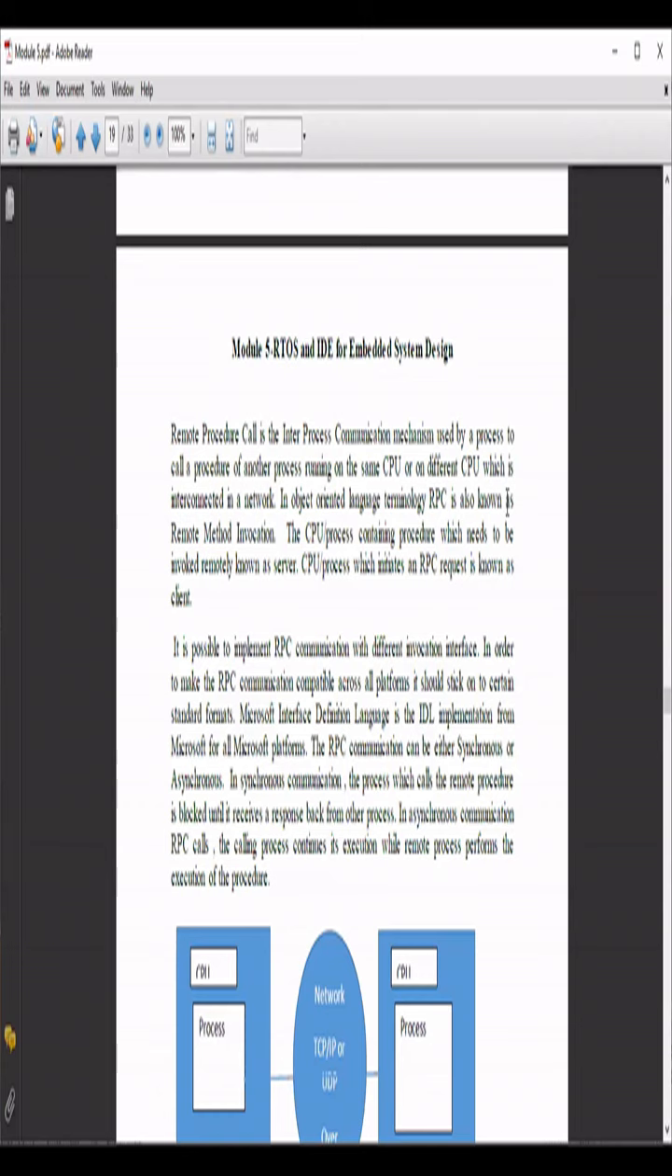It is the inter-process communication mechanism used by a process to call a procedure or function present in another process running on the same CPU or on a different CPU, which is interconnected in a network. In object-oriented language terminology, RPC is also known as remote method invocation. You might be aware of this RMI, remote method invocation, in object-oriented languages. The CPU or process containing the procedure which needs to be